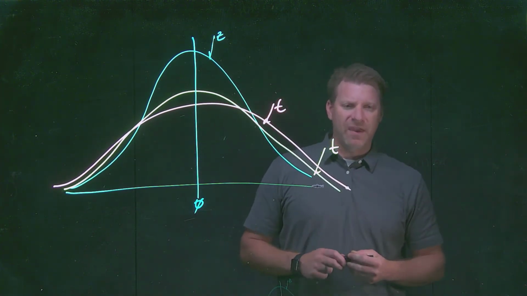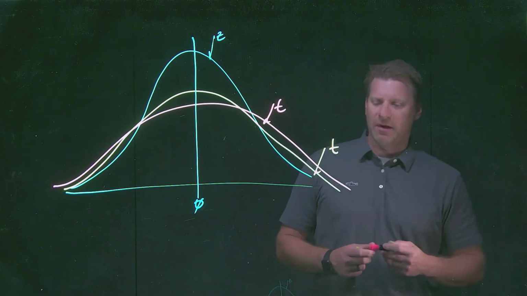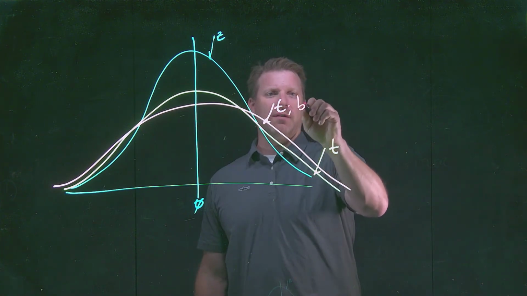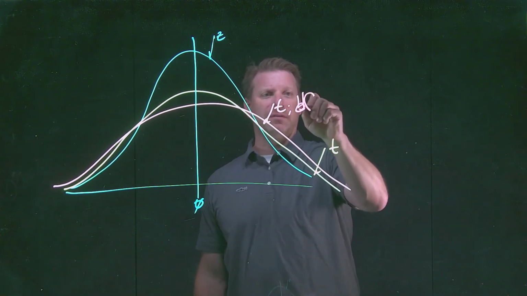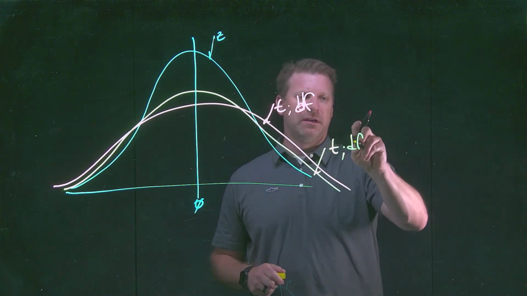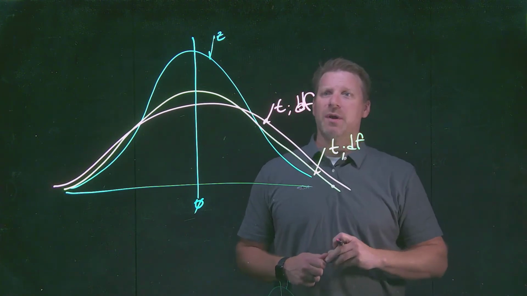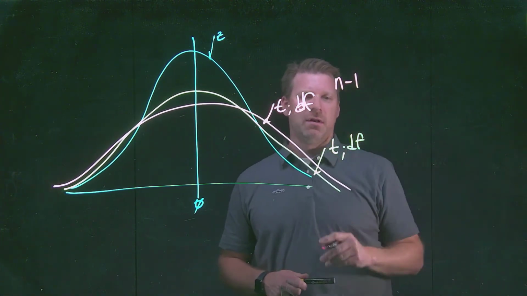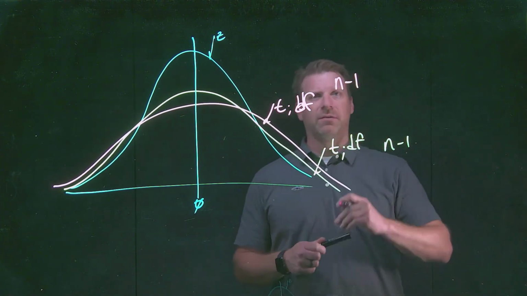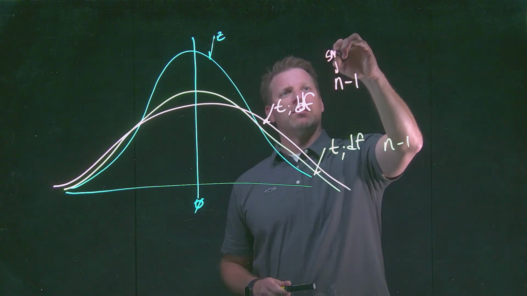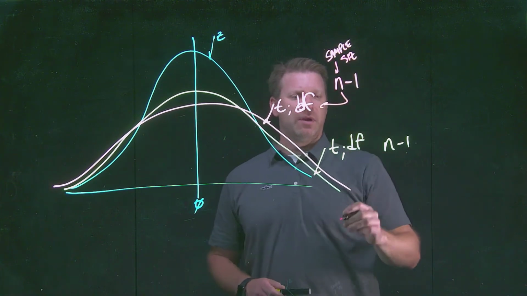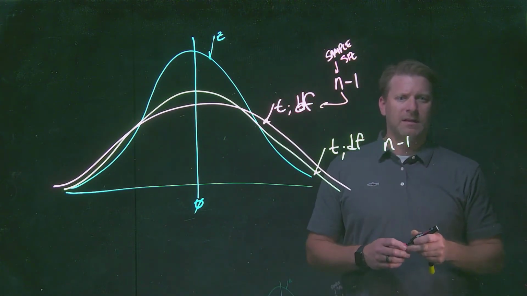Now, there is a family of different T distributions that are based on the degrees of freedom. So this T distribution will have a certain degrees of freedom, and this T distribution right here will have a different degrees of freedom. For us at this point in the semester, our degrees of freedom are going to be n-1. I'm not going to get into the detail of that other than we're going to reduce our sample size by 1, and that's going to give us the degrees of freedom at any individual corresponding T distribution.